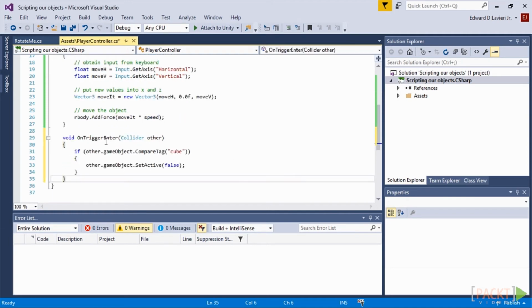And here you can see that we're detecting if the game object that it collides with has the tag of cube, then make it inactive or set the active value to false, which will make it disappear. So let's save this, go back to Unity,